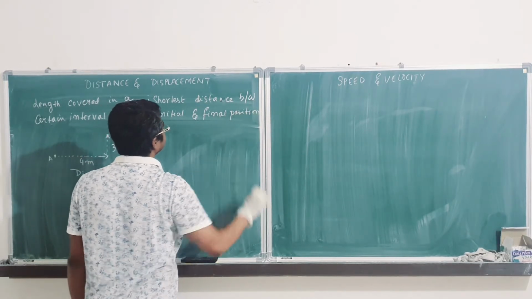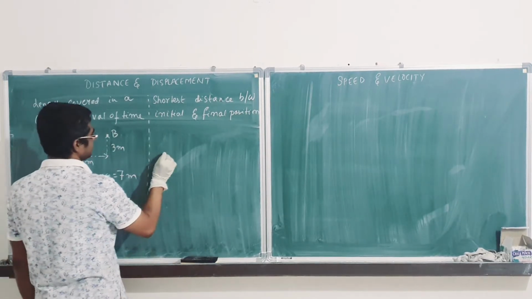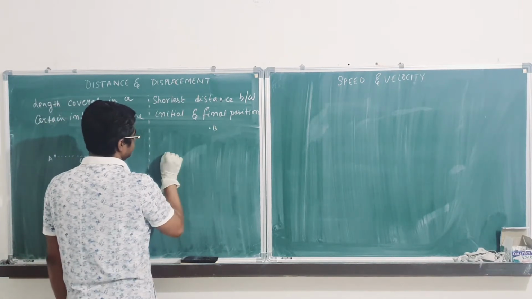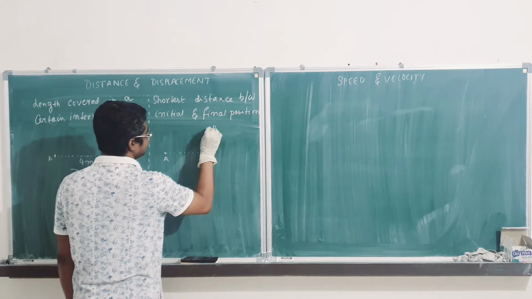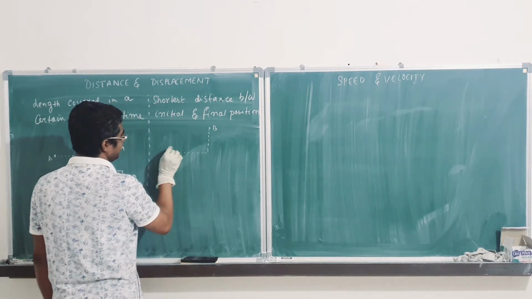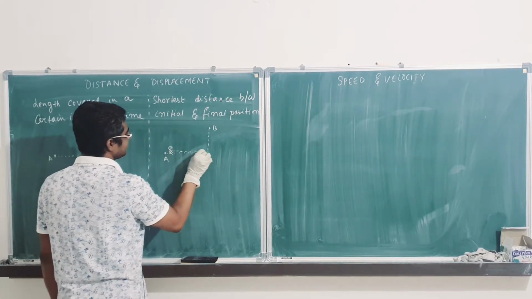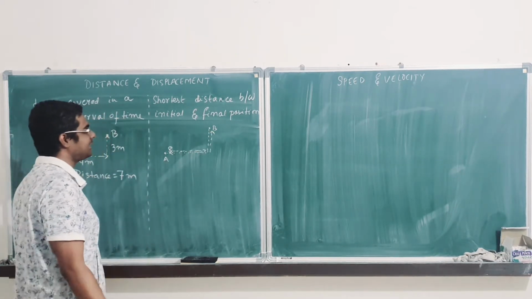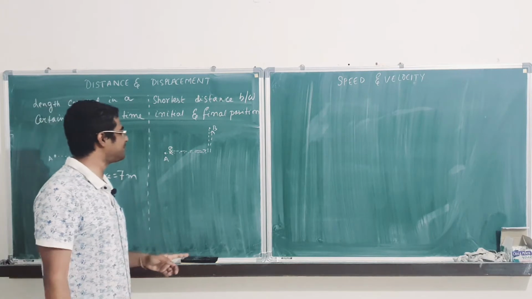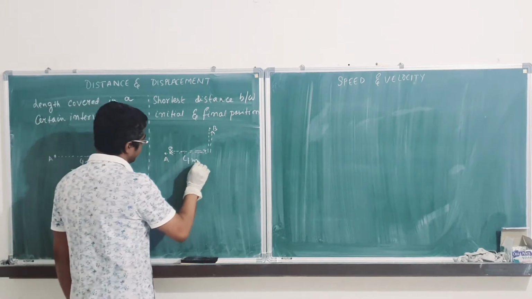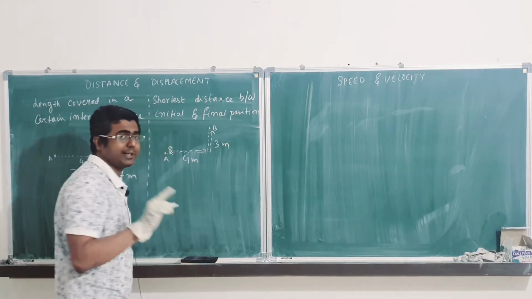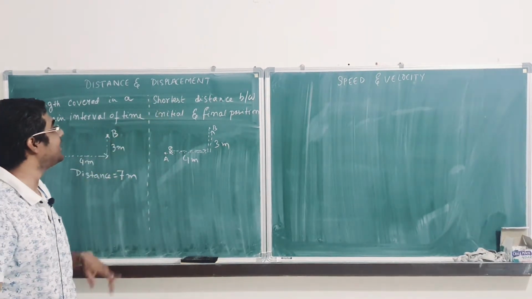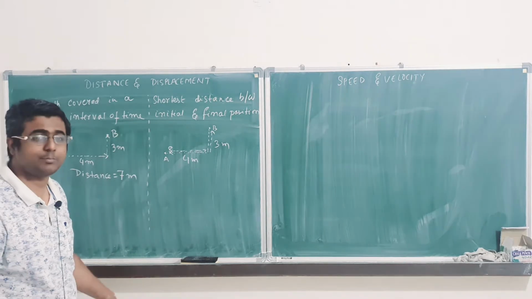ठीक है. So let us take the same one. Here at point A, here is the point B. I used to traverse like this. So myself traveling from here like this, right, like this, I am traveling like this. But while talking about displacement, I know this is 4 meter, I know this is 3 meter guys, but displacement is minimum or the shortest distance between initial and final position.